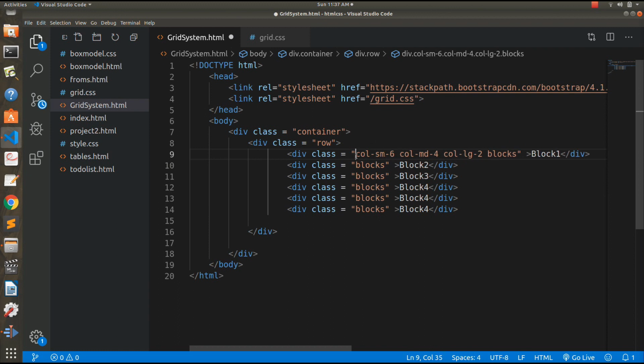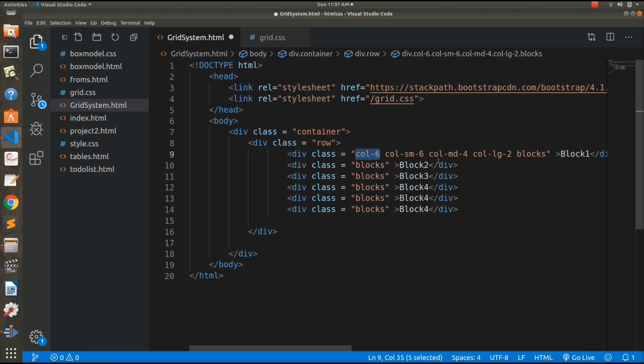And for extra small, we'll write col dash 6 only.